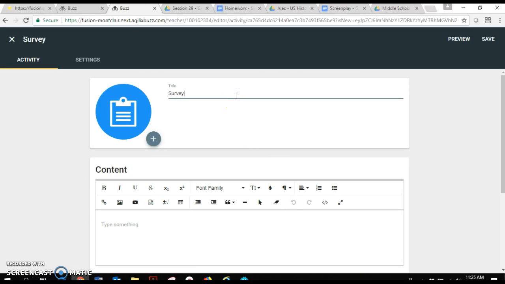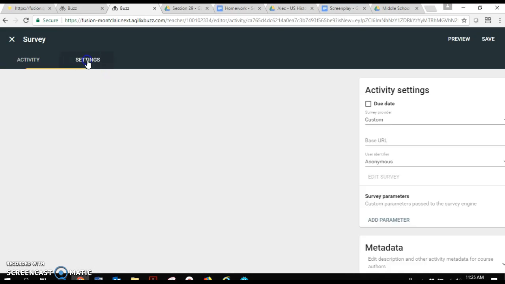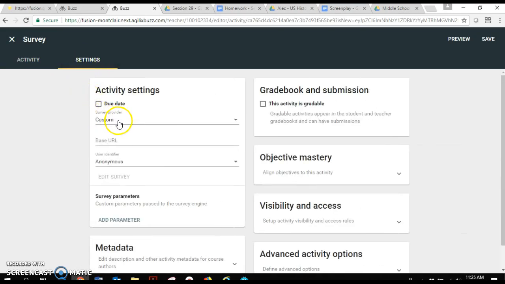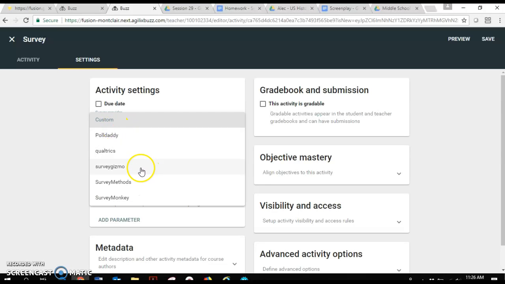I'm just going to title it Survey, and then you want to go to Settings, and in this drop-down menu here, you pick your survey provider. If you are a member of any of these, it'll take you directly to it. So let's say you want to use SurveyMonkey,